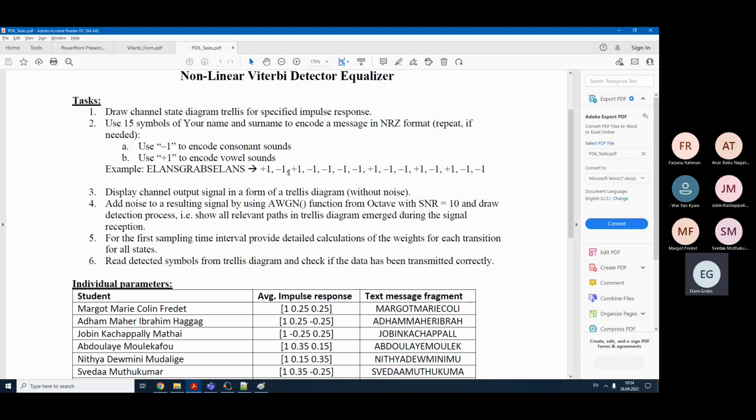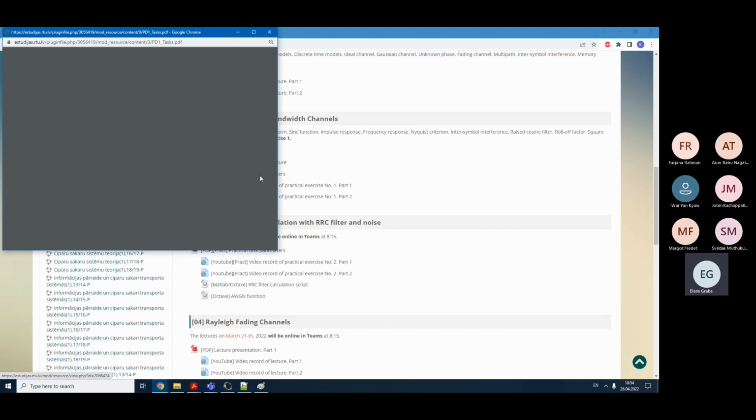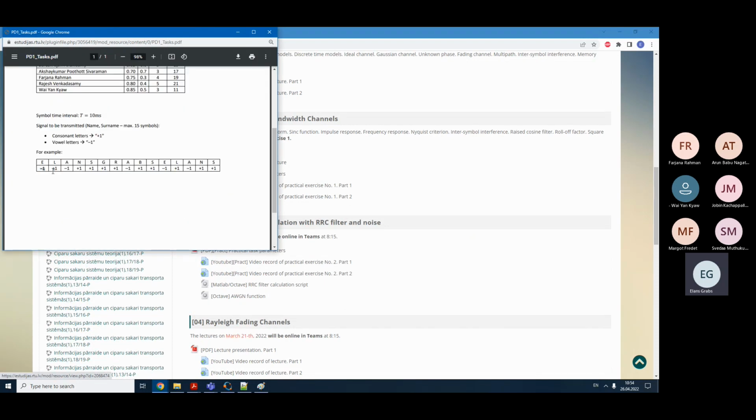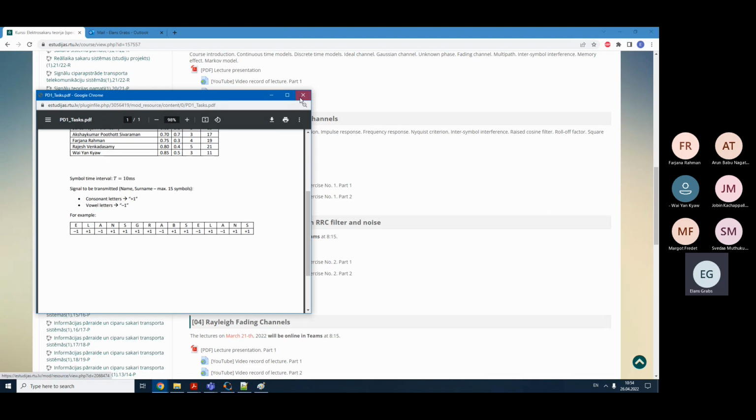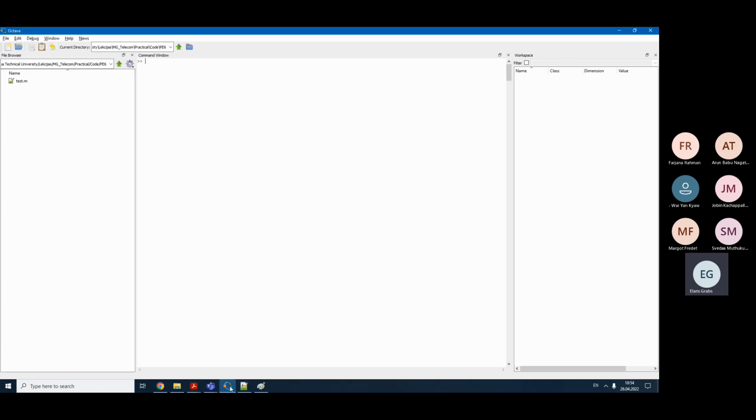We have already done something like this in some previous practical exercises, so you might search those for help. The only thing is that previously we did it inversely, so vowels were -1 and consonants were +1. Now we need to reverse it, but it's not really a problem for you, I believe. That's the second task, which is quite simple, and we might as well already start writing our program. So I'm going to make a new file